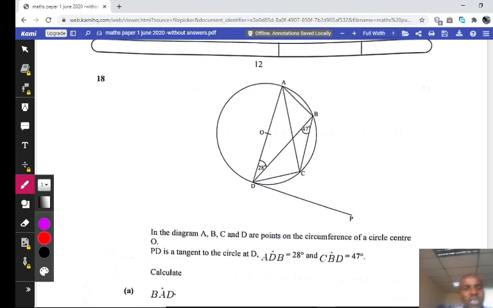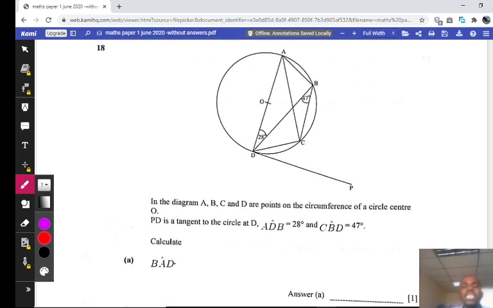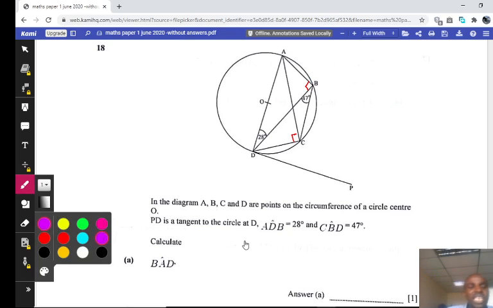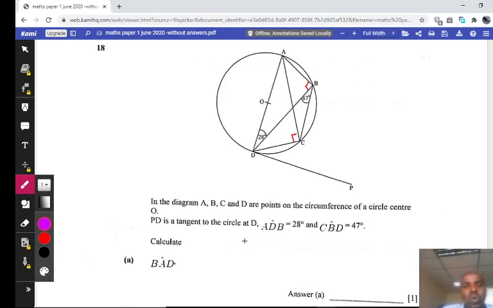This one is geometry. You can see there's a diameter. If there's a diameter, you know that this angle is 90 degrees and this angle is 90 degrees. Angle subtended by the diameter is the right angle. Always, angle subtended by the diameter is the right angle. Then, considering this chord here, DC, you can find out that this angle is 47. Also, this angle is supposed to be 47. Reason: angles subtended by the same chord are equal,